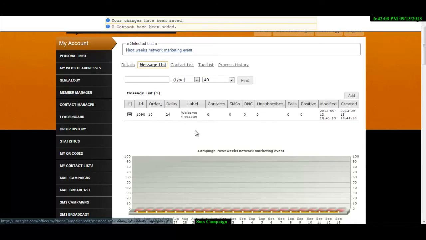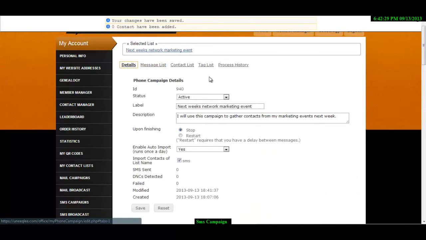Now if we wanted to add a second message, let's say in this campaign the first one says hello, and then let's say we want to send one out 24 hours later to everyone in this list and let them know about, let's say, a leaders call on Saturday. How we would do that is we would have to come back into our details tab, and we would have to set our status as inactive, because you can only edit a campaign if it's set to inactive. So we'll click save,